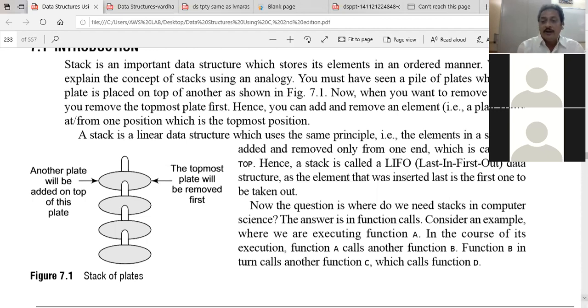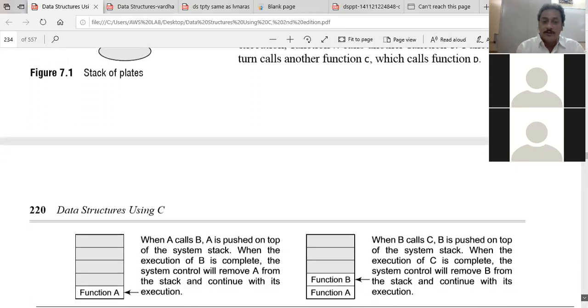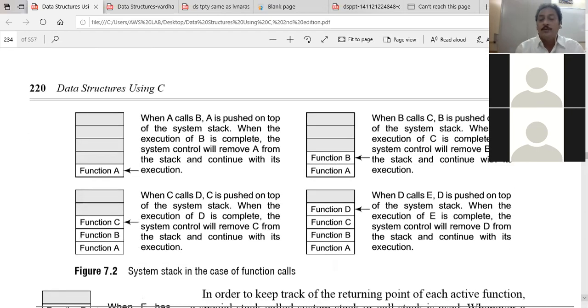So what kind of operations are we going to perform with the help of stacks in stack data structures in a computer? We are going to perform a good number of operations like arithmetic expression evaluation and checking the parenthesis.